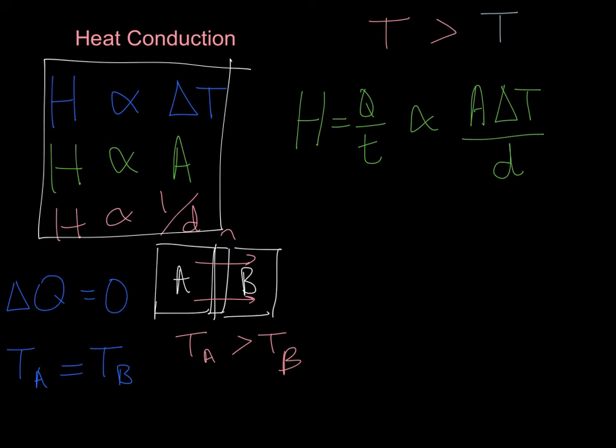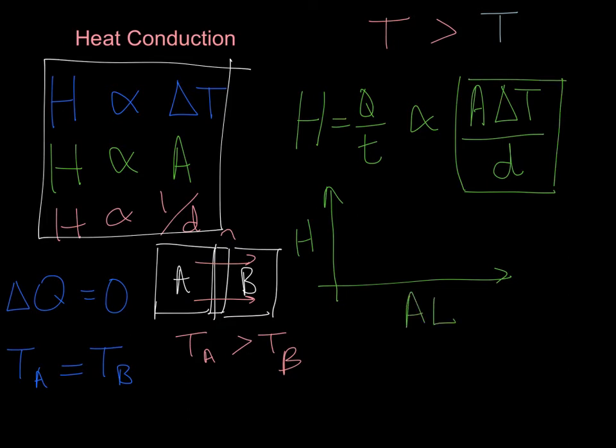Now if you collected data for a variety of different materials, what you would find is that if you graphed rate of heat transfer, which would obviously be our dependent variable because we would be trying to see how that is affected, and on your independent axis, which is known as your x-axis, you could pick any one of these variables over here. But if we graphed all of those by collecting sets of data, what we would find is that the slope of the line that we get would be different for different materials, which is kind of interesting. Now the colors don't correspond to anything except that they differentiate each line from each other.